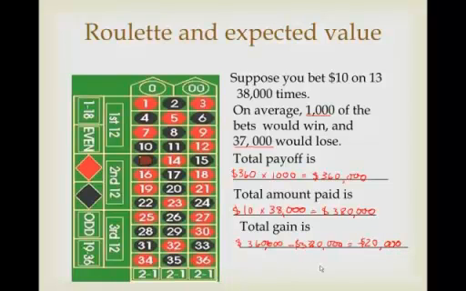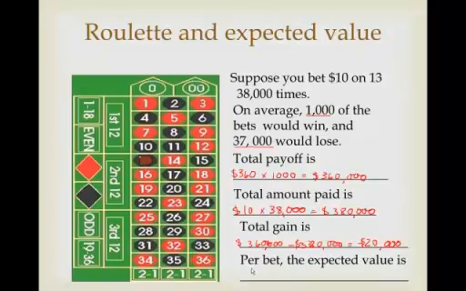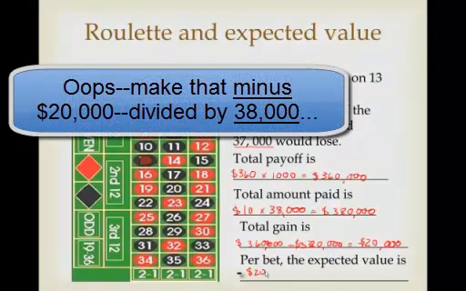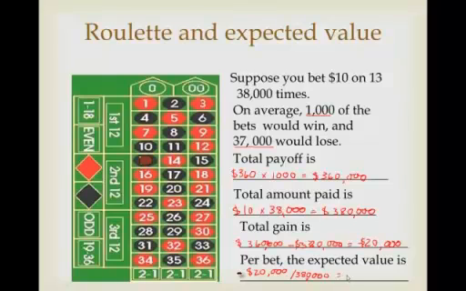And per bet then, the expected value is just going to be, well, 20,000 divided by 38,000, and that's going to be minus 0.53, well, 53 cents. So it is a losing proposition for you, but in the long run for the house,